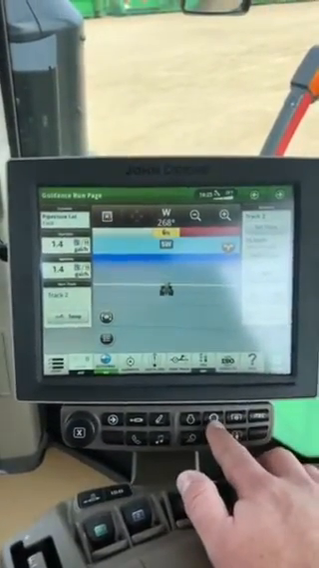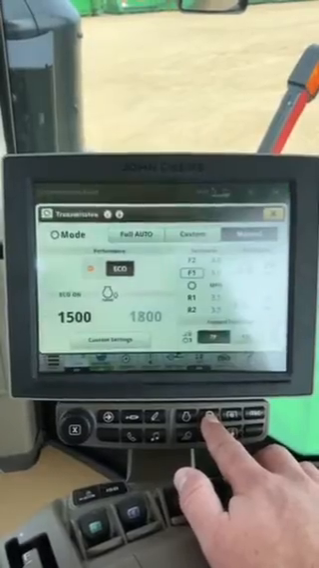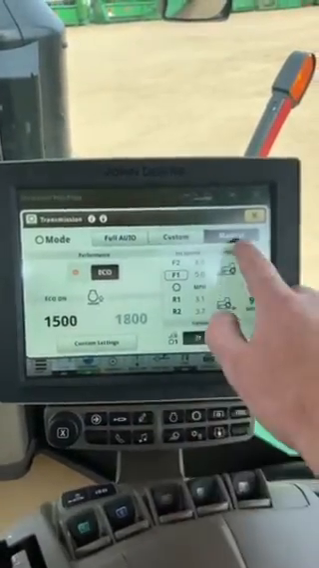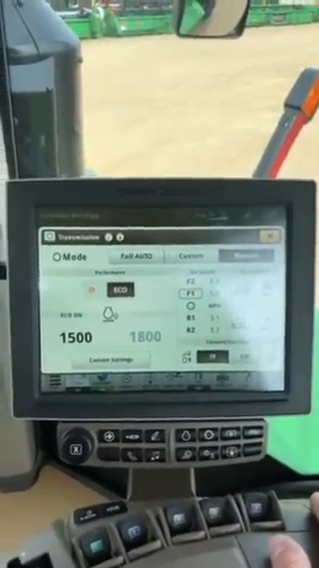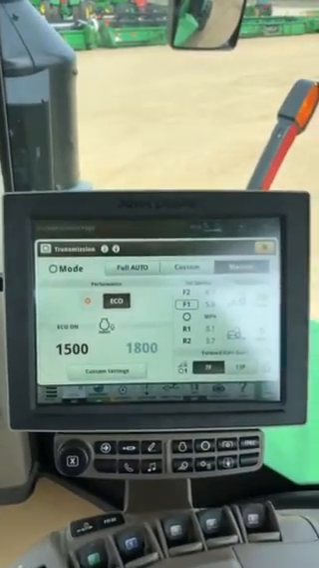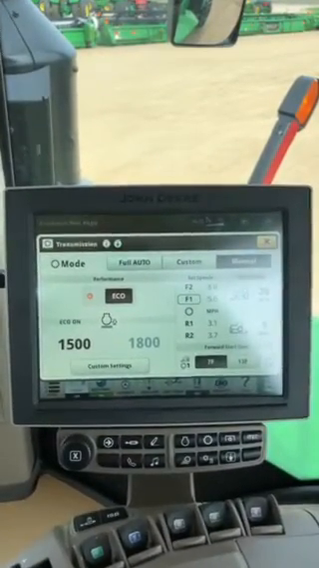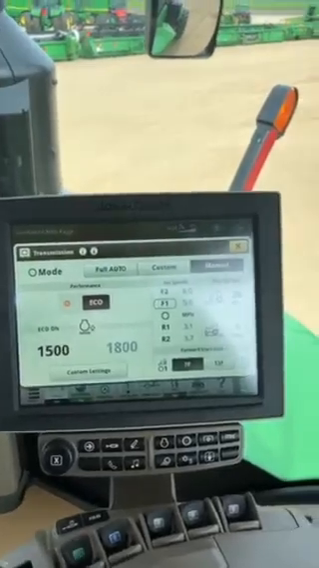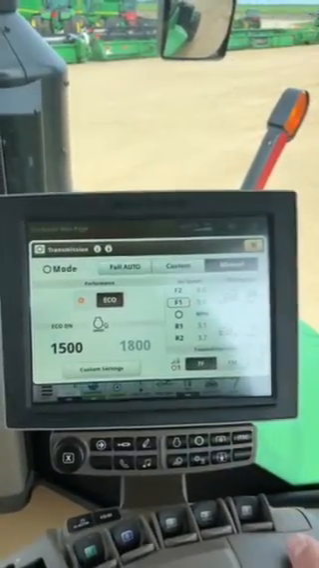We're going to be looking for the transmission icon. So I'm going to press that button. You can see right now I'm set in full manual mode. So when I move the throttle forward, I'll go to full engine RPM. Now if I go to custom mode,